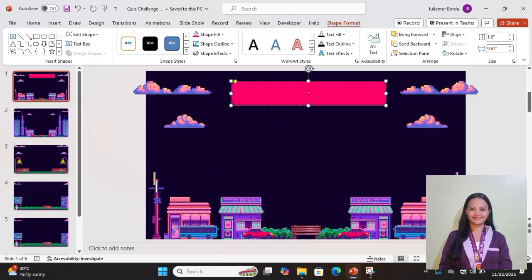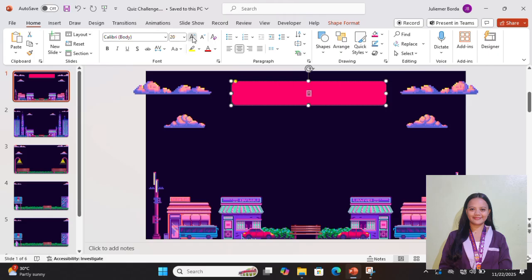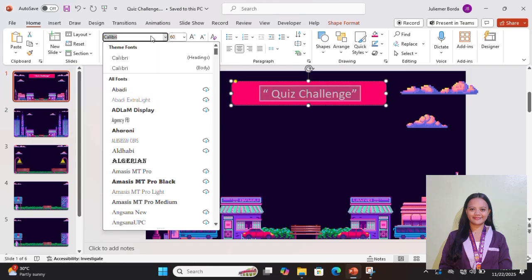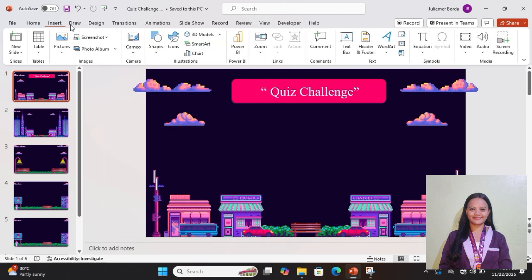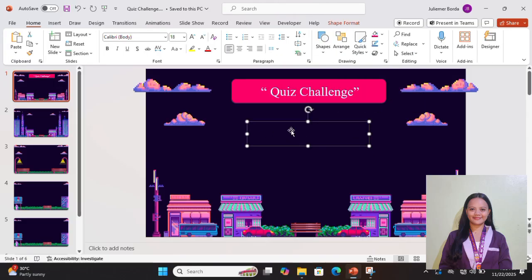Next, click the shape to enter the text or the title, which is Quiz Challenge. Next, insert a text box for the instructions. Write instructions,